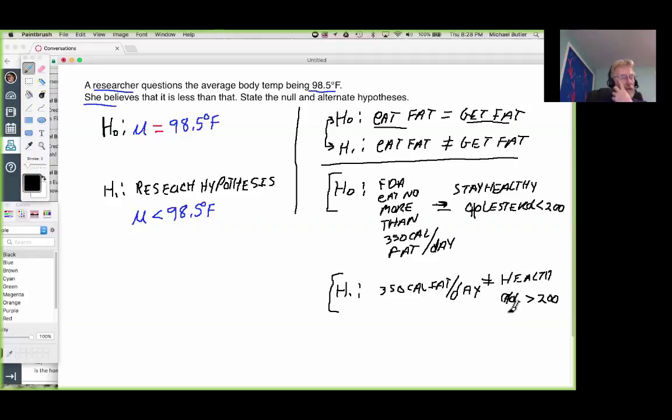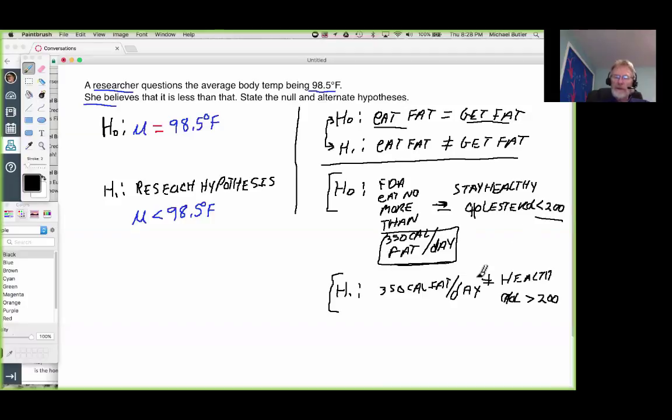In other words, there is a relationship, a problem with it. So now that's the first stab at it. Now it gets more complicated, because you have to come up with some sort of a way of designing an experiment or an observational study in which you're going to go back and take a look at the calories of fat per day that the person looked at and their corresponding cholesterol, and look at the relationship between the two of them and see whether or not they're at this calorie level,